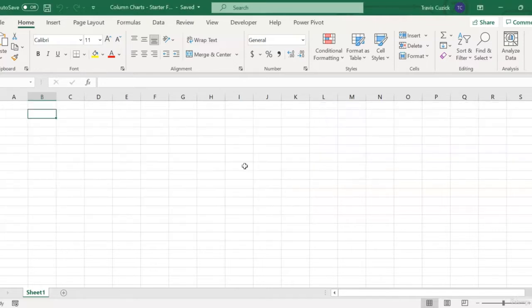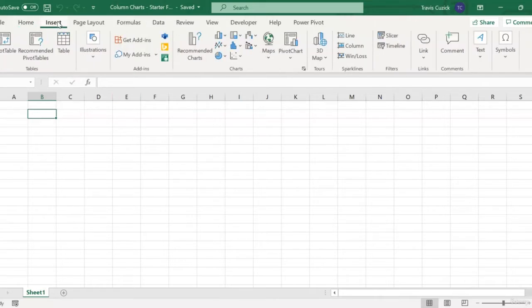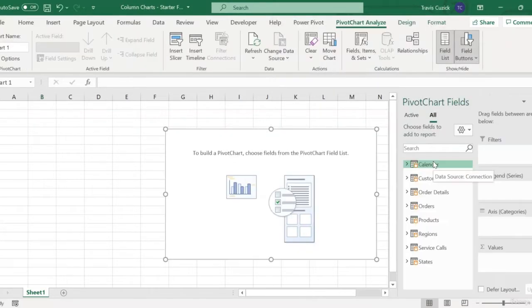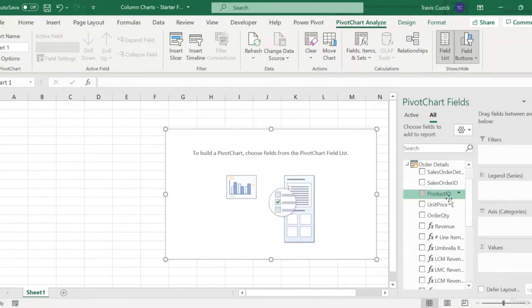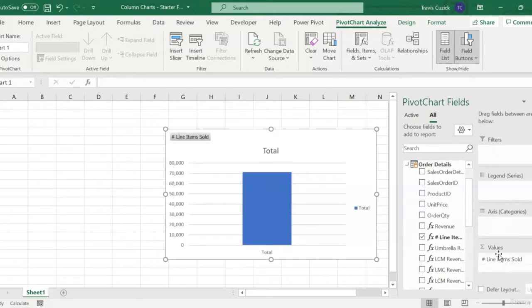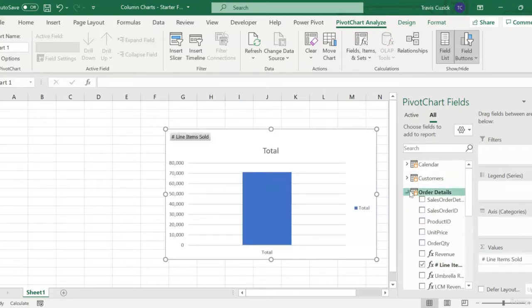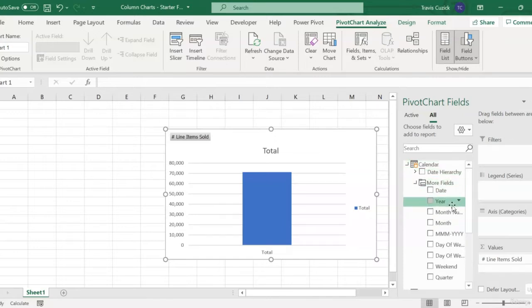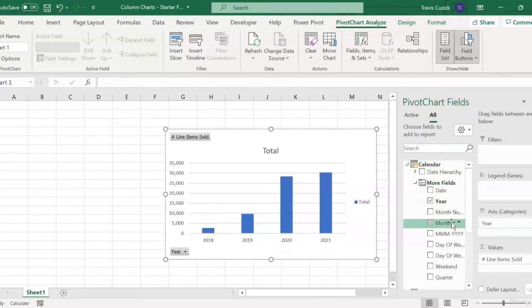So let's get started. First up, in our starter file, let's go ahead and create a pivot chart with year and month on rows and our number of line items sold measure on values. So I'll go to Insert, Pivot Chart, and then I'll just create a pivot chart, not a pivot chart and a pivot table. And then for our measure, I'll go to our Order Details table and drag in our number of line items measure. And then for my category axis, I'll go up to our calendar table and drag in year and then